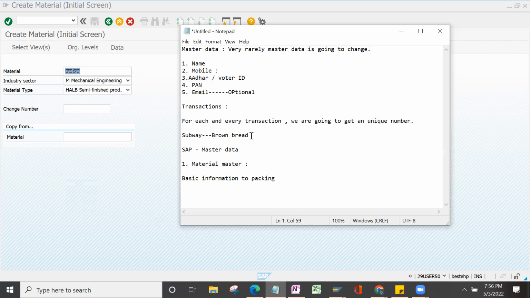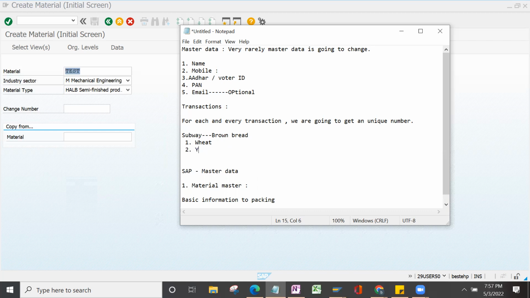Okay. Suppose I want to make the brown bread, what is the list of ingredients required? Please, guys, participate now. Ingredients only, I'm not asking about the machines. Wheat. Okay, perfect. Then yeast. Okay, yeast. Next. Remaining, guys. Water. Perfect. Next. Salt. Okay, salt. Then,